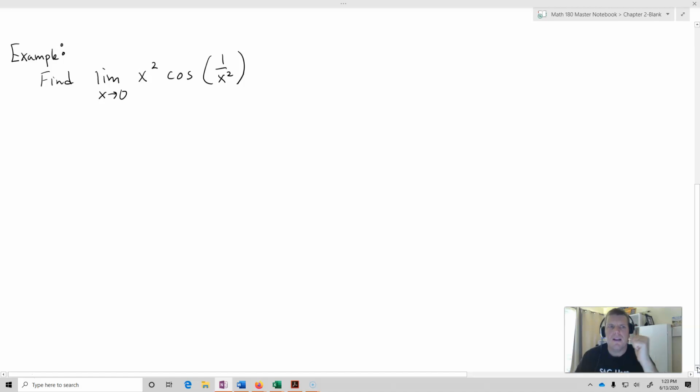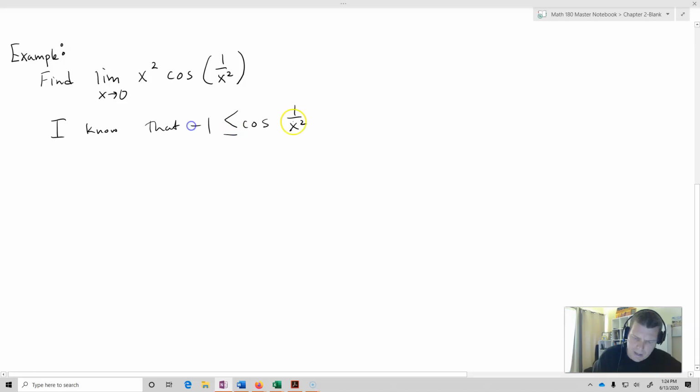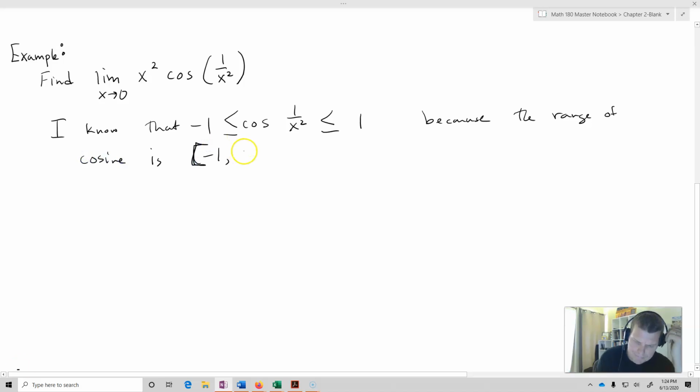So let's take a look at an example. Let's find the limit as x approaches 0 of x squared times cosine of 1 over x squared. I know that cosine of 1 over x squared is greater than or equal to negative 1 and less than or equal to 1, because the range of cosine is negative 1 to 1, inclusive. So that means if I multiply x squared by both of them,